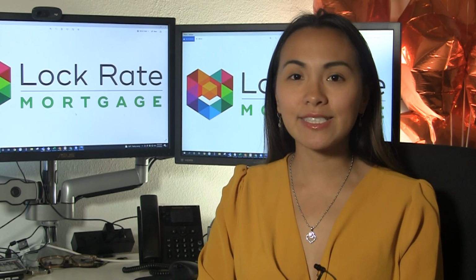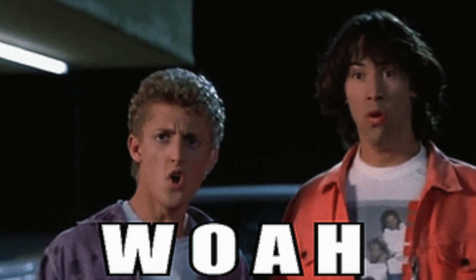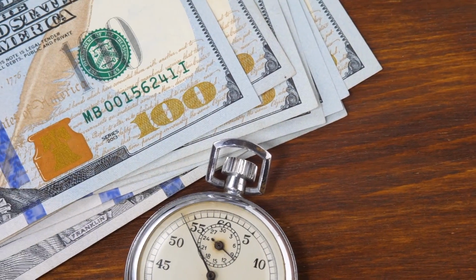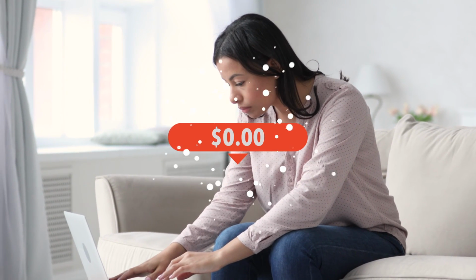When calculating that score, there are major components they look at. And so let's cover some of that. Credit history. The longer your history, the more data they can analyze, which makes your payment history look better. Payment history. Making your payments on time, of course, will help boost your credit score. Making more than your minimum payments will help bring down your balances and show that you're able to afford the